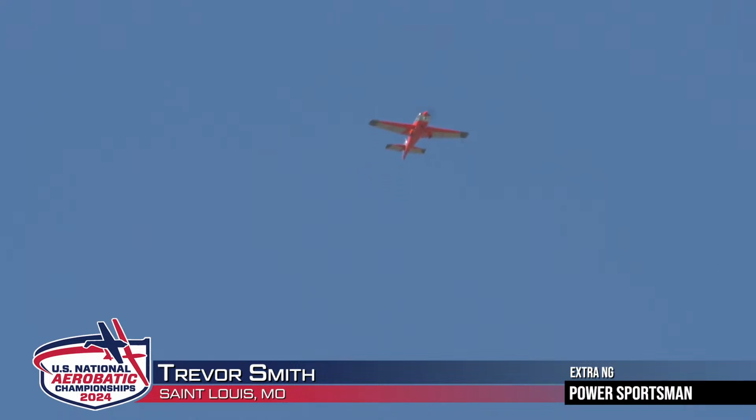Quarter roll on the down line, coming back across the box on the y-axis. Back to vertical. Coming back across in a Humpty bump. Pull, pull, pull, Humpty. 90-degree turn, crisp to the south. Back to the vertical and all the way around, continuing to pull into a half loop up